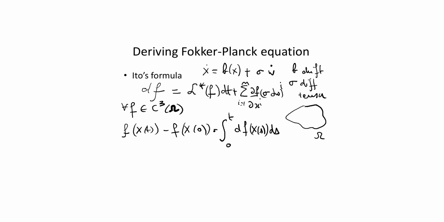So now we are going to take the expectation of this and look at each term separately. So let's take the expectation with respect to all trajectories that start, let's say, from point x. So this is the expectation of f of x of t, conditioned that x0, the particle, is located at point x. So minus, of course, this is nothing but minus f of x, because x0 is exactly equal to this, plus